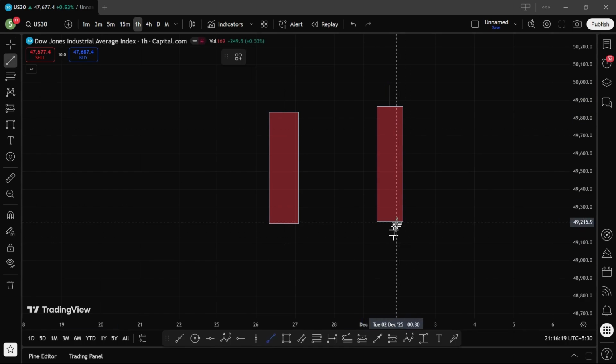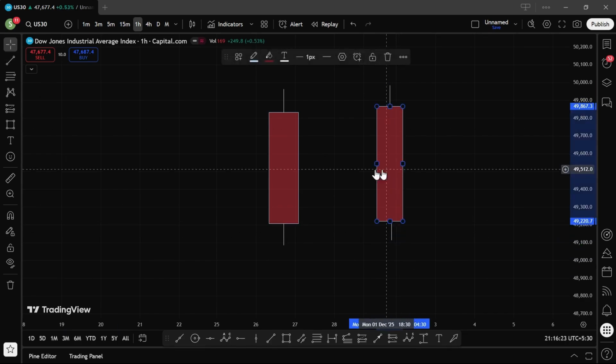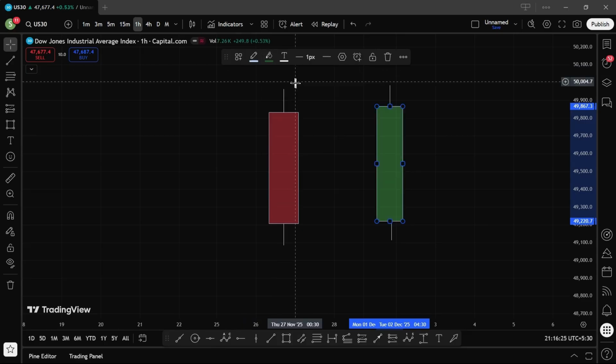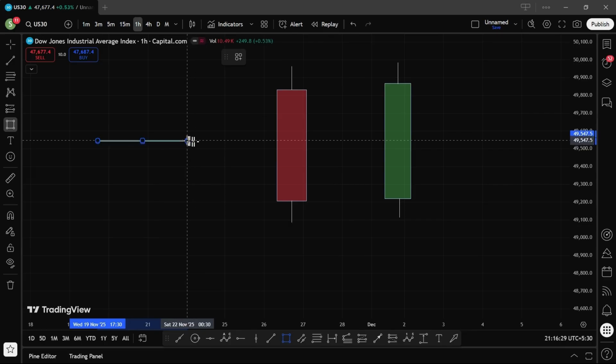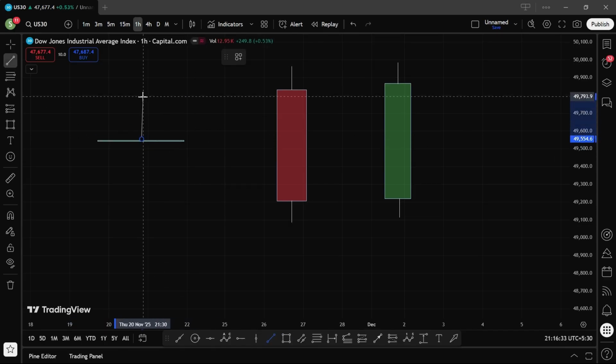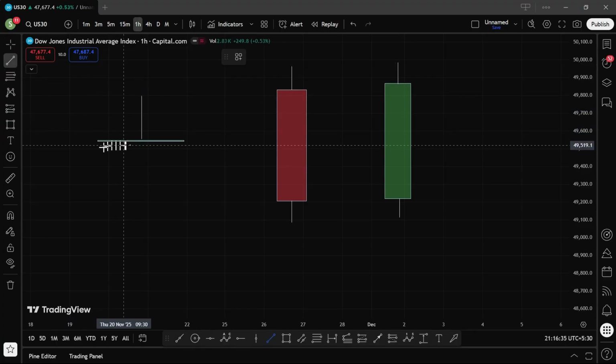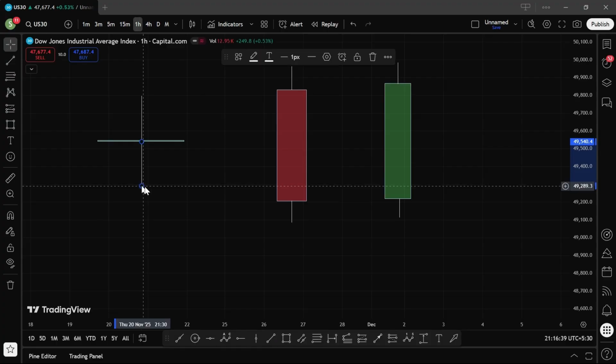Here are two candles, ideal candles, just for the sake of explanation. One is supposed to be green and one is supposed to be red. There are supposed to be only two colors of candles. This is the third one I'm making, which is called a doji. We'll come to it later. First, let's understand